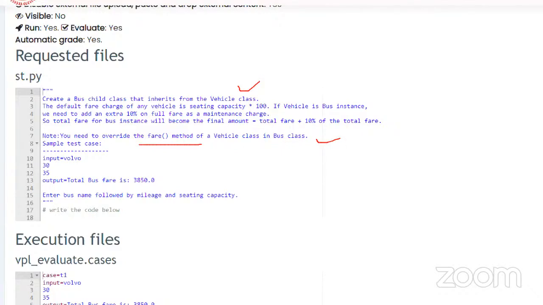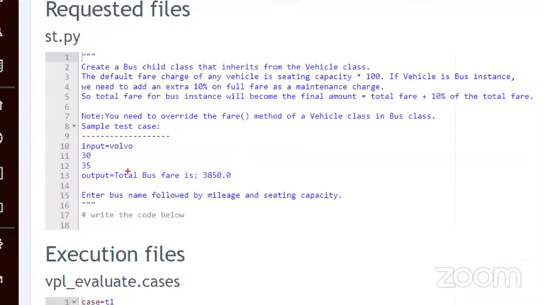So this condition you need to understand. You need to do the override. Overriding means this particular fare method is already there in the parent class, and your child class, that is the bus class, will override this and update the total amount. So initially, what is the total amount? Seating capacity into 100. I've given the test case here. Bus name is Volvo. 30 is the mileage, and 35 is the